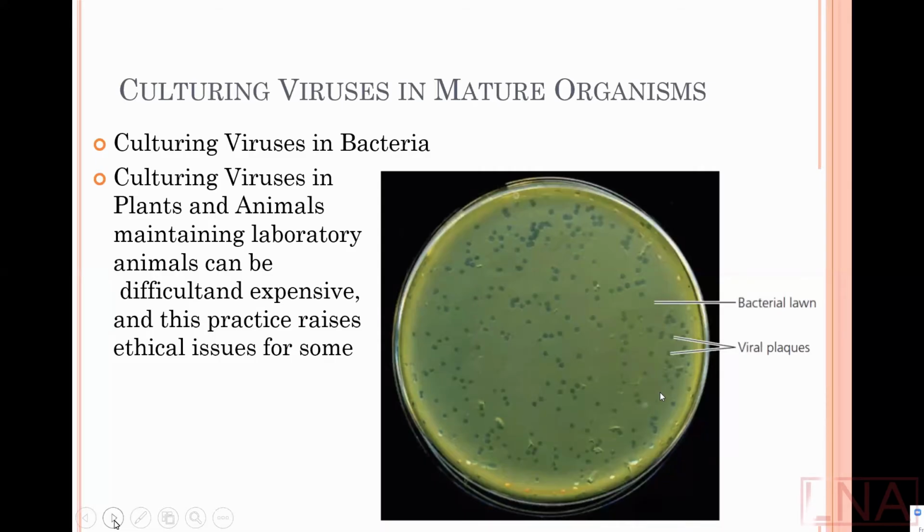First, culturing viruses in bacteria. We know about it because we did it, sorry, I told about it. Usually we do it in class, and we know this method as bacteriophage typing. We use bacteriophage and bacteria as food for them, actually, of course, not food, but as a factory. Next, culturing viruses in plants and animals. Live laboratory animals can be used to cultivate viruses inside them.